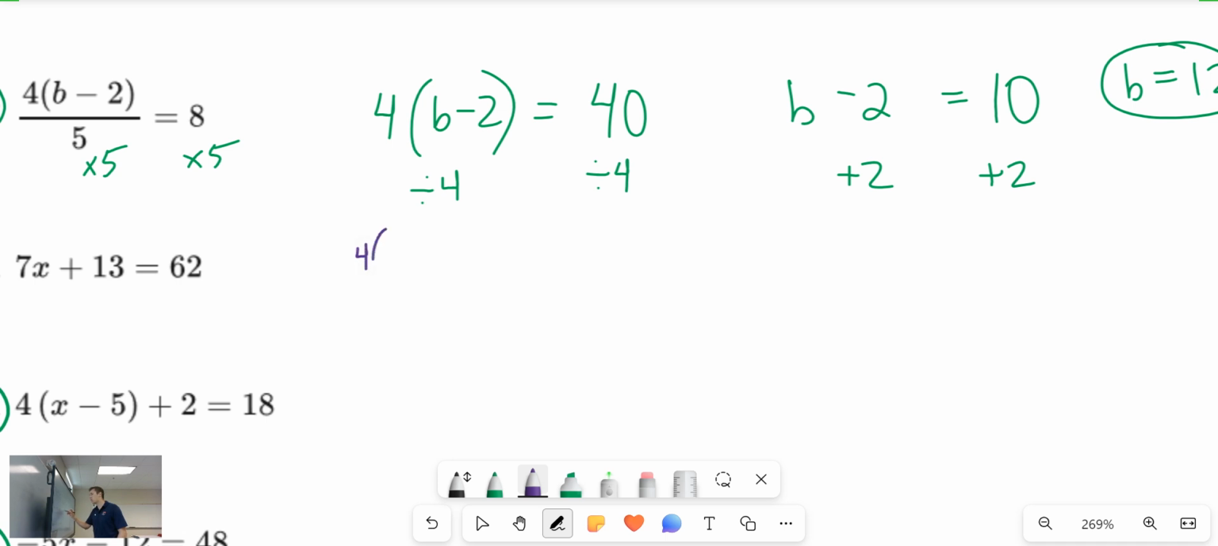So let's rewrite it: 4, and then we're just going to replace the b with a 12. 12 minus 2 divided by 5 equals 8. All right, that's what we said the answer was going to be. So if this statement is true, if the left side does equal the right side, then this is the correct solution. So we're going to check. First thing we're going to do,